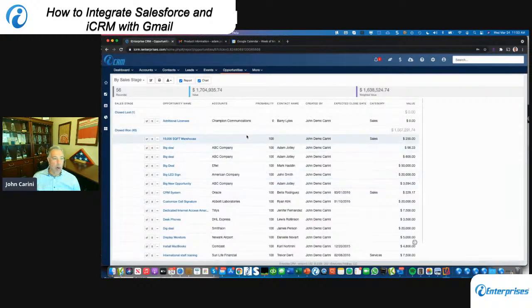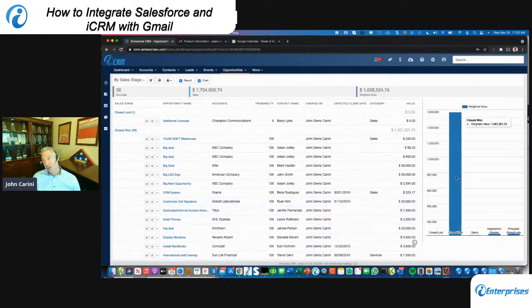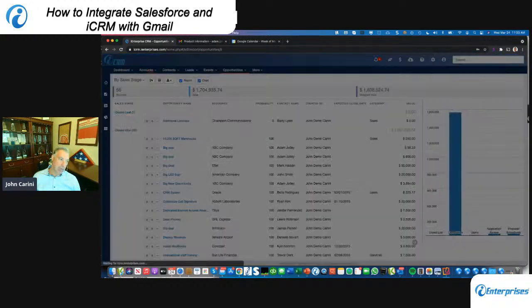So I click on the report, it brings up a list. You can have graphs and charts, and both. It's super easy to edit. You can see this. These are the fields like opportunity name, account. If I edit this report,